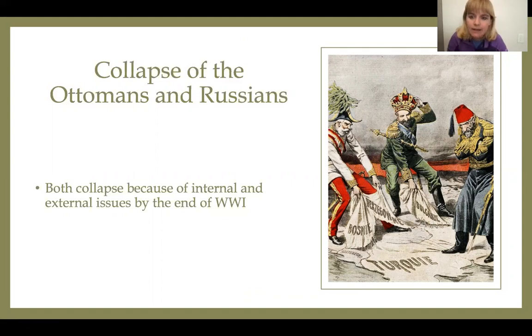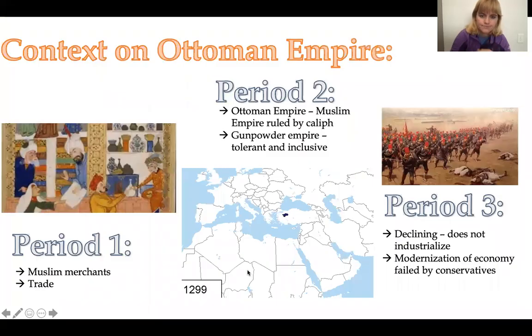We're going to see the Russian Empire start to collapse towards the late 19th century. We're also going to see the Ottomans entering into World War I as the quote-unquote sick man of Europe. But it's not until after World War I that you see these two empires really tumble down. So just make sure you understand that you have both internal and external. And we're going to go into both the internal and external components in just a second.